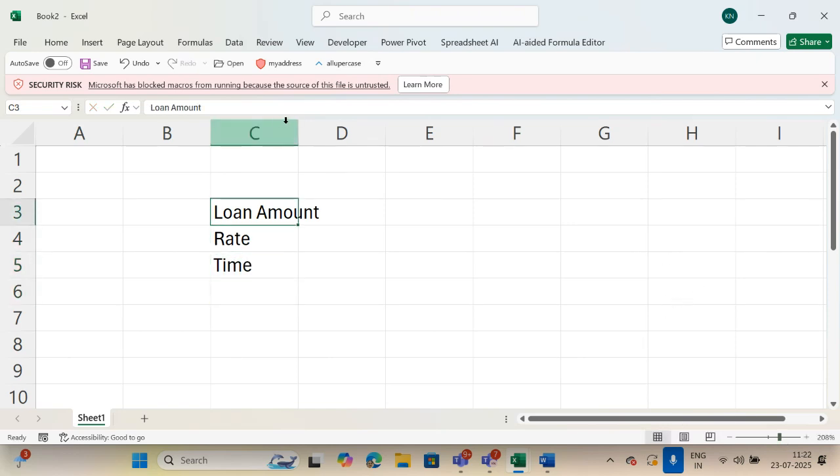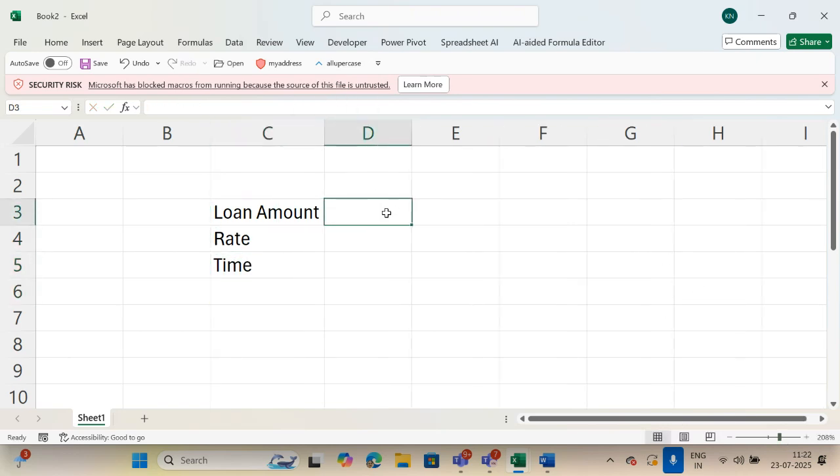Now, for example, suppose you want to take a loan amount of 10 lakh rupees, and the rate of interest is 7.5%, and the time is 240 installments. It should be converted into months. You cannot give it here in years, because if you provide years, then you should convert it into months. Because EMI stands for equated monthly installment.